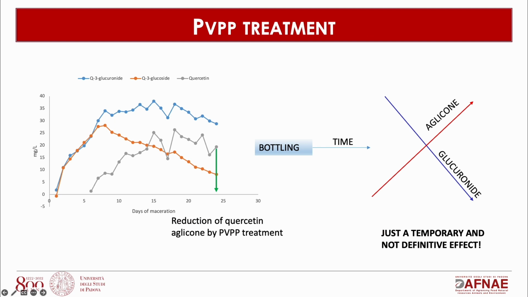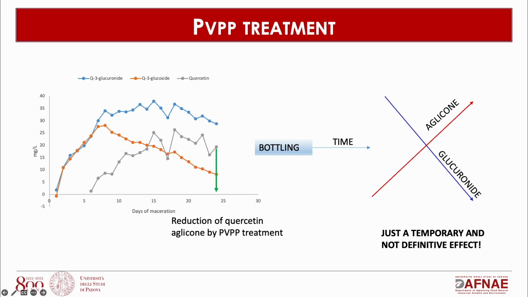At the end of fermentation, we can treat with PVPP, so we decrease the content of quercetin aglycone. We think we have a stable wine. We bottle, and over a long time, with enzymatic and non-enzymatic chemical hydrolysis due to low pH, the